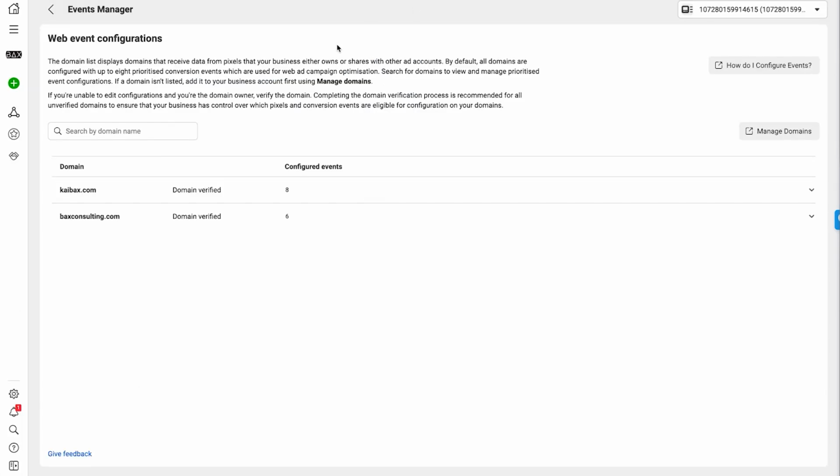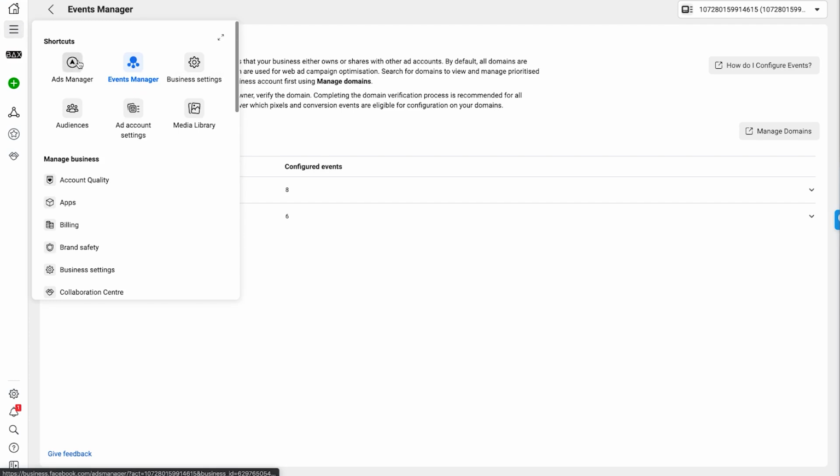Now, once you've verified your domain, what you then need to do is go into your ads manager for whatever ad account it is for. This is something that you want to be doing for both your agency as well as your clients. As I said before, the domain verification only your client can do, because they need to go into their Cloudflare account or wherever their name servers are held, and they need to implement it and paste it all in.